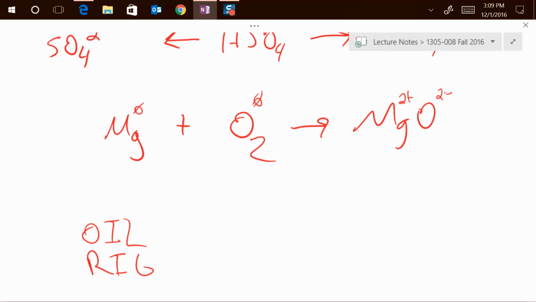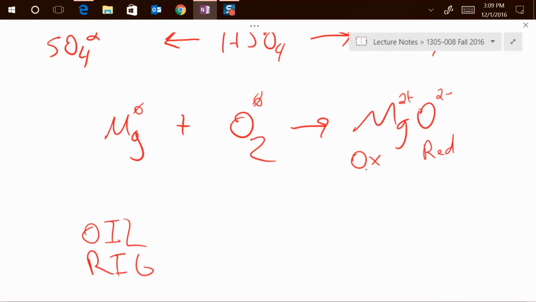Who gained electrons? Oxygen gained electrons. If you gain electrons, that means you're what? Yes, you're negatively charged. So are you oxidized or reduced? Reduced. Reduction is gain of electrons. What is oxidized? Magnesium. Magnesium was oxidized. So now that I know what was reduced and what was oxidized, I can identify the oxidizing